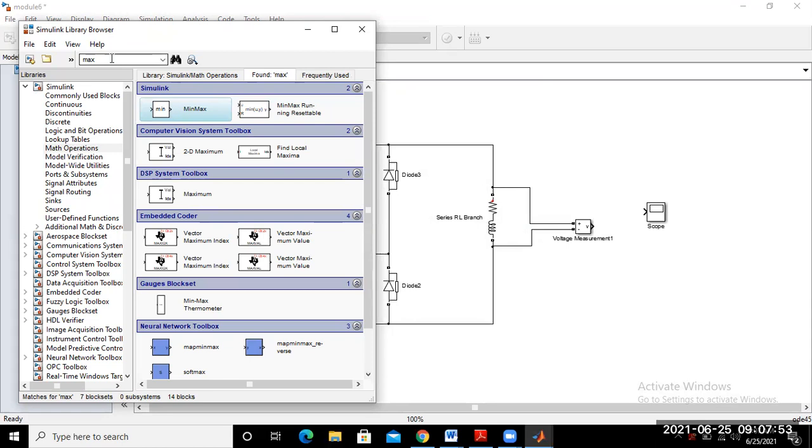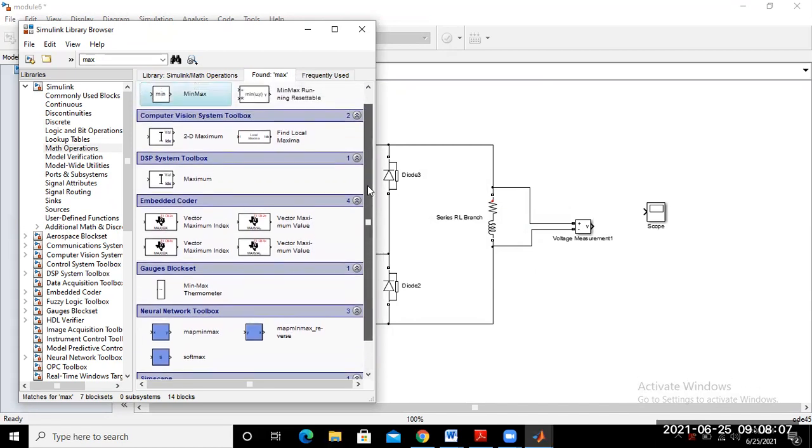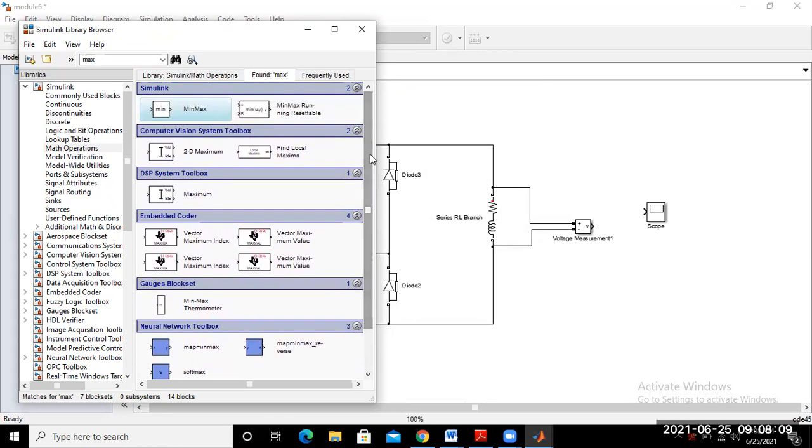Different types of max are available here. You will choose max.